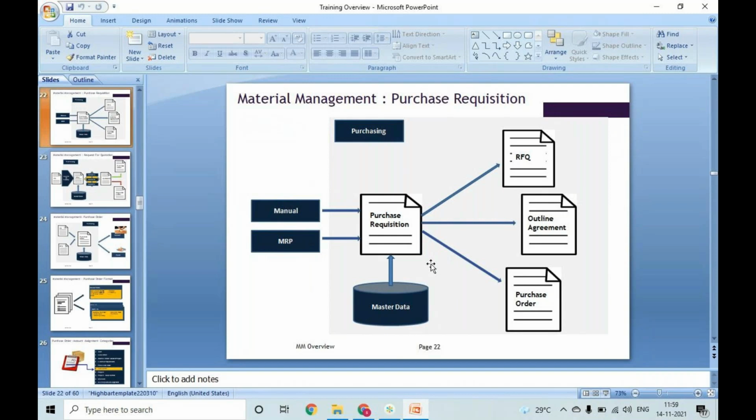Then, in outline agreement, the other part is the scheduling agreement. What is the difference? In a scheduling agreement, you define the delivery dates in a year, and how much quantity is required when. Like in January the production will be high, so I will require 1,000 tons. In February I might require 500 tons. You define the deliveries of this particular material for a whole year. This is scheduling agreement. So in outline agreement we have two different types: one is contract and one is scheduling agreement. Again, in contract we have value contract and quantity contract.